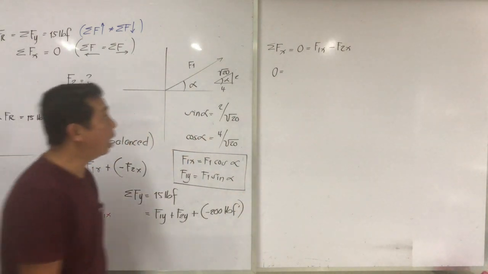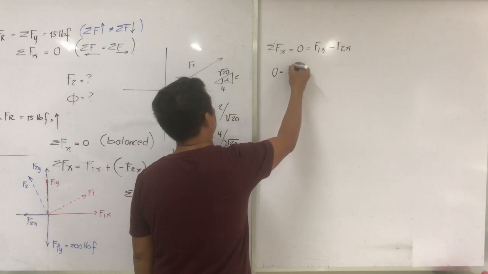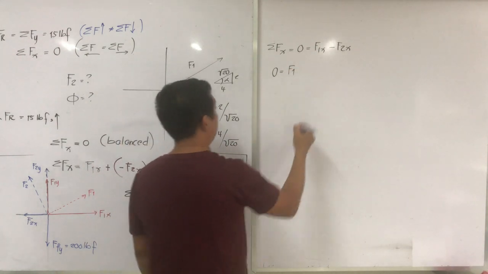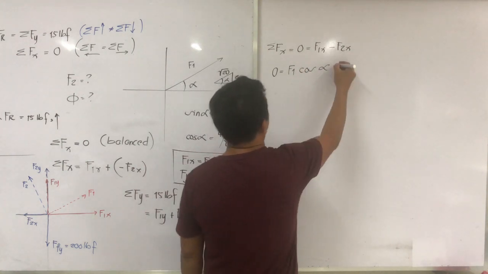Now, ilagay natin dito yung F1x. So, this would have to be F1 cosine alpha minus